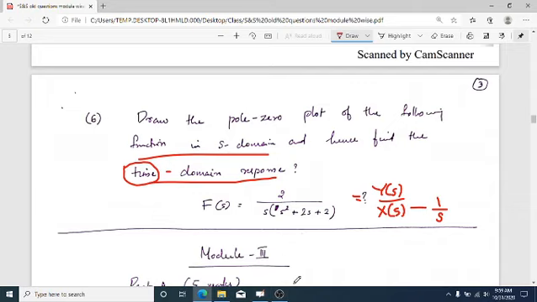So I hope you got a brief idea of the types of problems for module 2. So please work out a variety of problems, especially related to ROC. If you are given some signal, how to find the ROC. If you are given a Laplace transform with ROC, how to find the inverse Laplace transform. Okay, so thank you.